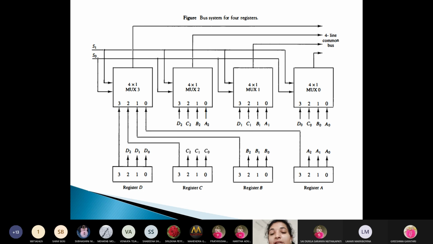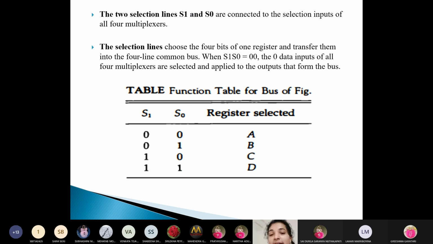So below we have the function table of the bus. In this we have S1 and S0. 0 0 will select A, 0 1 will select B, 1 0 will select C, 1 1 will select D. This is how we are selecting the sources. Next, in this,